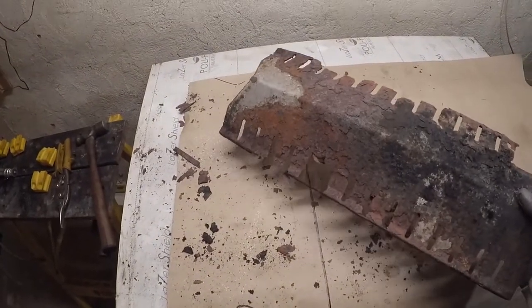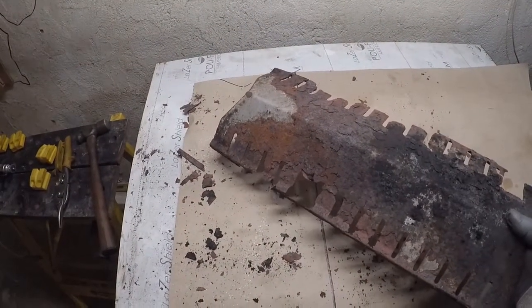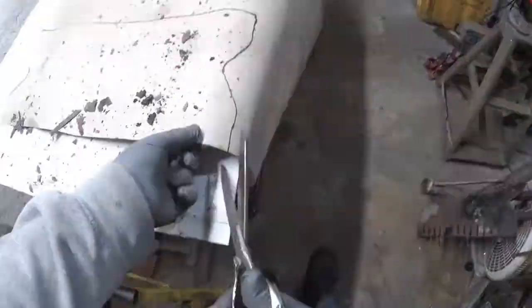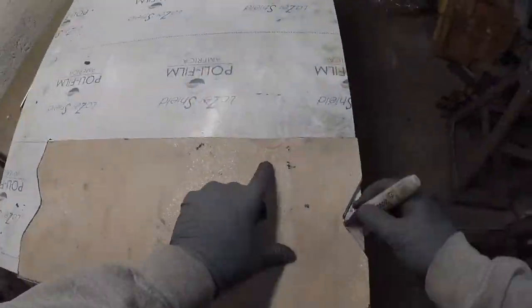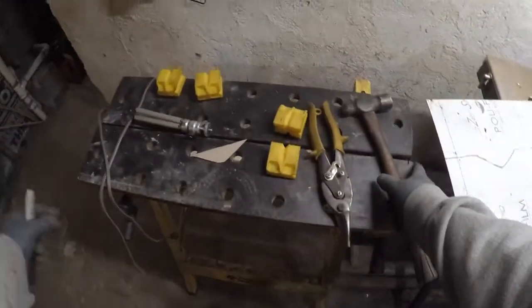But I'm going to go ahead and utilize this 304 stainless I have laying around forever and put it to good use. So here we go. Let's get this cut and transferred, and we'll be on our way here. That should work, and I think the way I'm going to cut this is